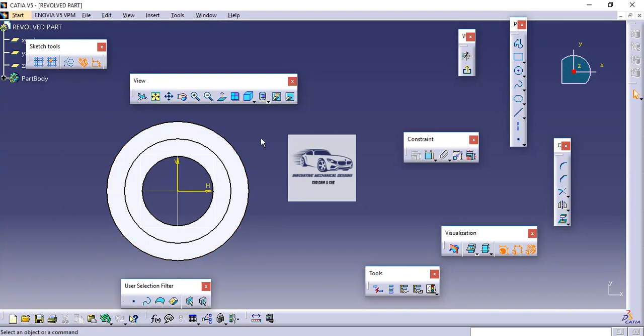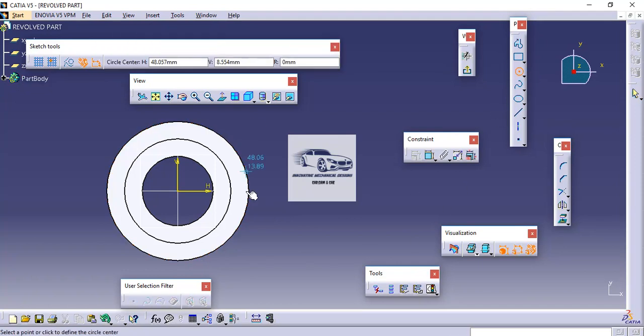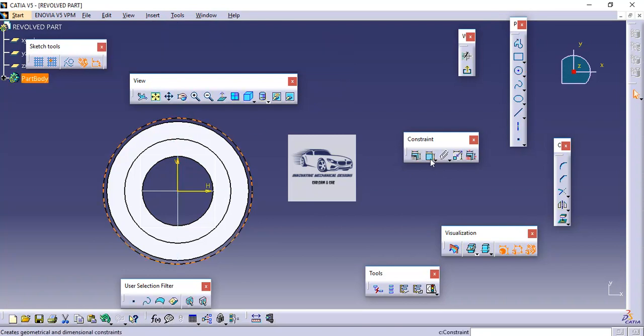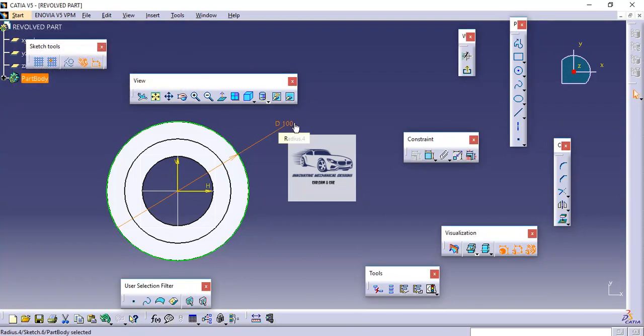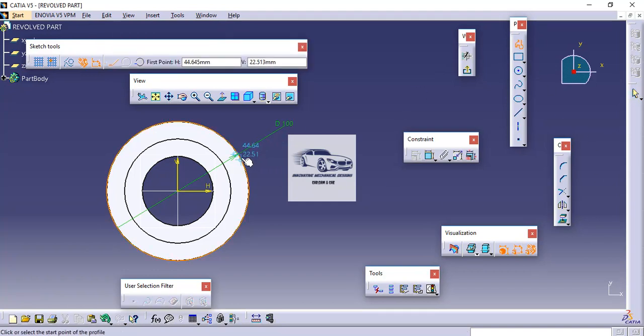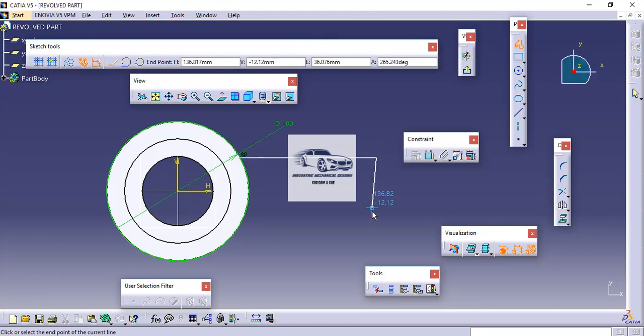Then in order that this rectangle should properly coincide with the circular edge of the outer circle, first I will draw a circle of diameter 100. Later on we have to trim the unrequired part of the circle, and then by using the profile tool I will quickly draw a rough profile.